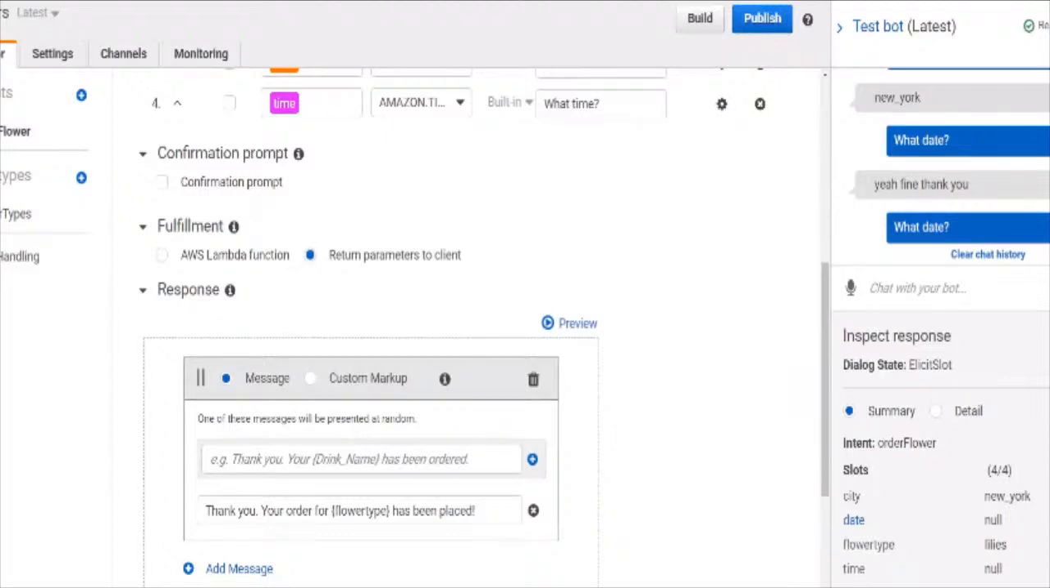Now, as you can see, it failed to validate. It was asking for a date here, but again, it failed to interpret. Okay, yeah, fine, thank you, right? So, for example, if we give the voice input again here,